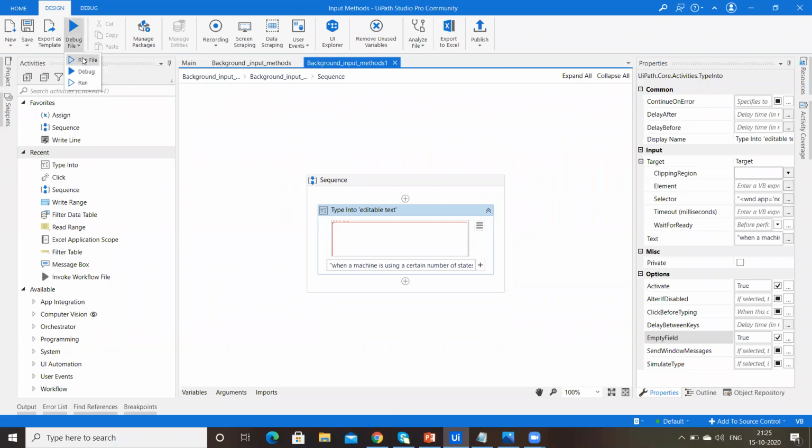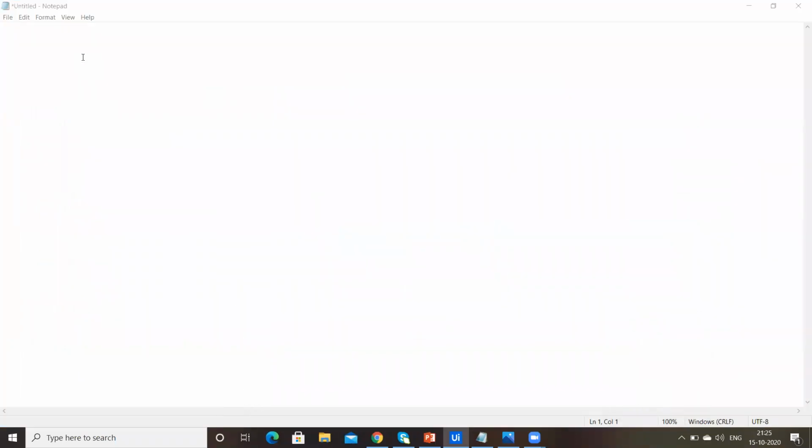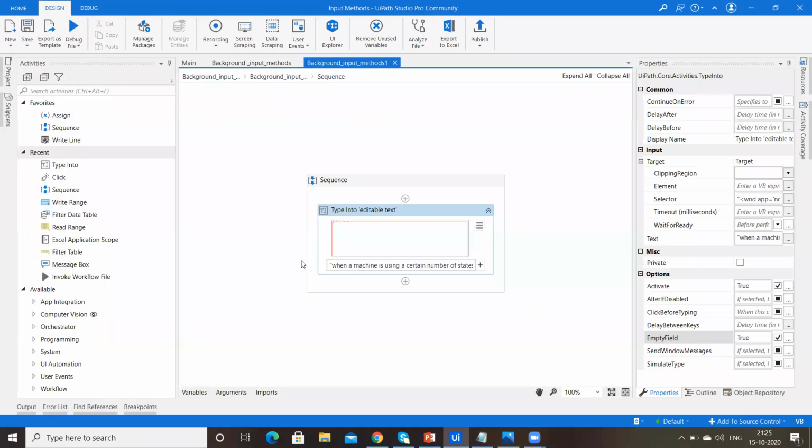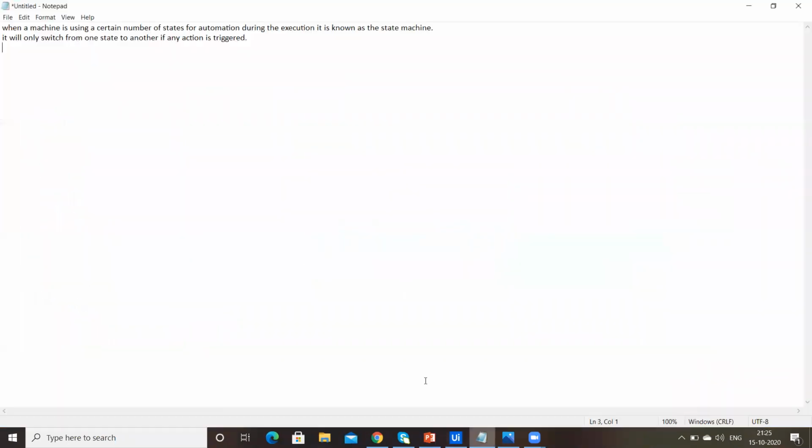Let's run. I am executing for the first time, so it is typing all the things. Now what happens if I run for the second time? Only the first line will erase and it will type for the second.